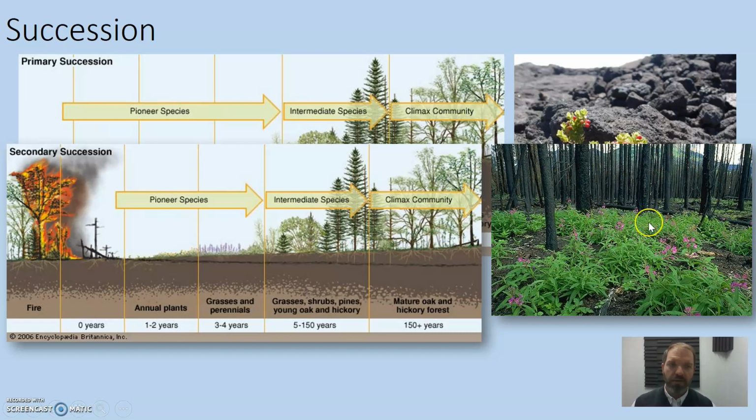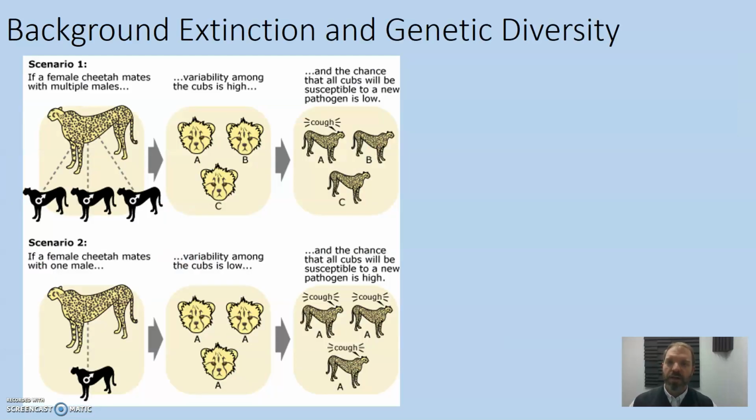Now these wouldn't normally grow there because the canopy of those trees would mean that they wouldn't have enough light. But once that's burnt away, these can grow there. And so these might grow for the first few seasons, but then be replaced as the shrubs and trees grow up. There's not enough light down here anymore. And so these annual plants and grasses and perennials wouldn't grow on the forest floor once it's back to being a climax community again. So that's primary and secondary succession. And that's how ecosystems can form.